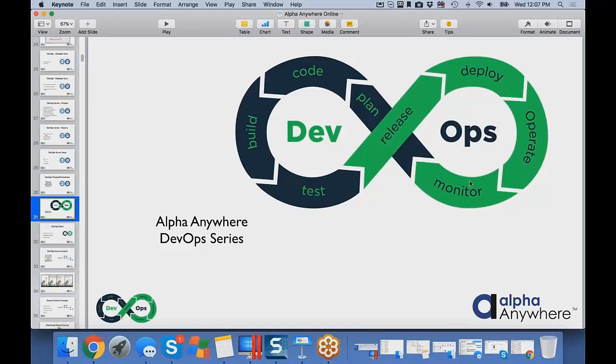You can efficiently watch what's going on with your application, detect problems before they start happening, understand how people are using your system, and then feed that into a planning process that will allow you to adjust the code going out. We spend most of our time in the webinar on the coding piece because that's really the Alpha Anywhere piece, but we really wanted to take it up a level and talk about it there.